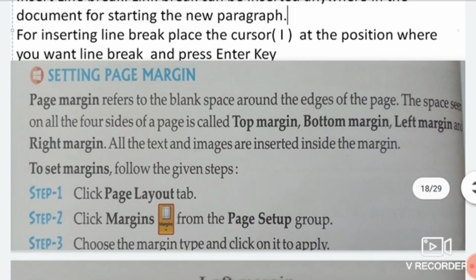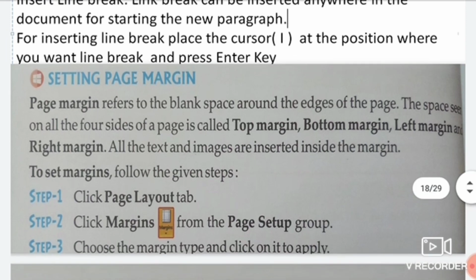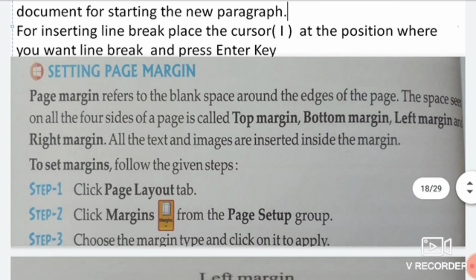Setting page margin. How can you set the page margin? Before that, we want to know what a page margin is. Page margin refers to the blank space around the edges of the page. As you know, in your copies you also see that the top margin comes, and the bottom margin also, and the left margin also comes. So how can we set the margins in computer documents?